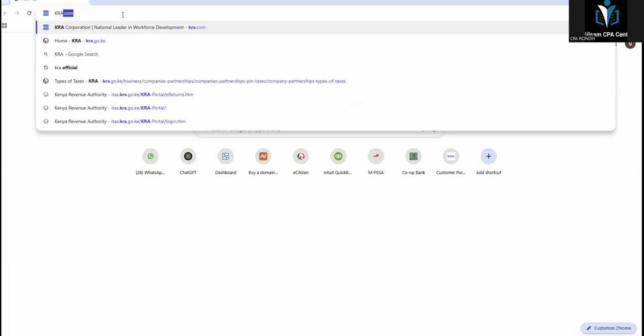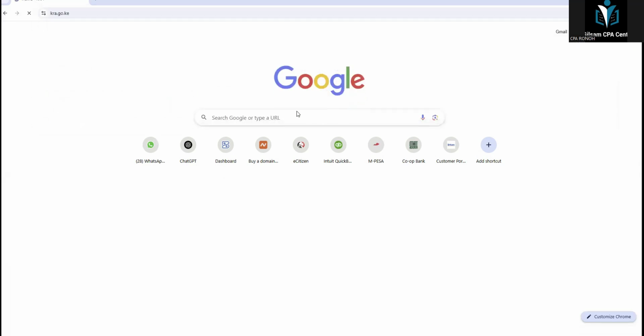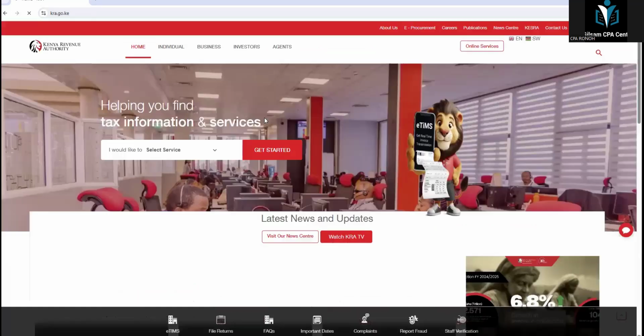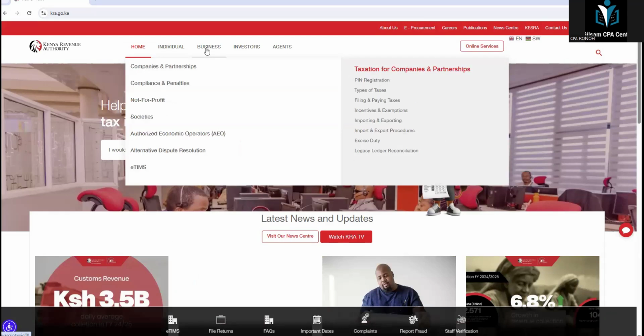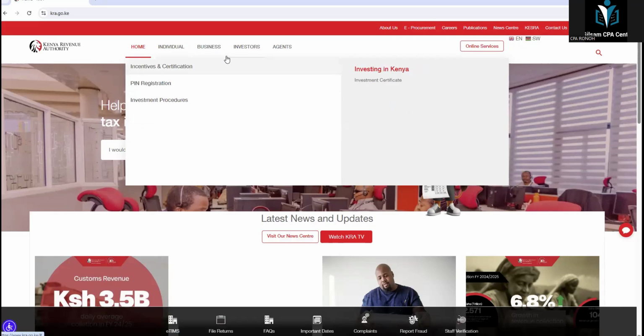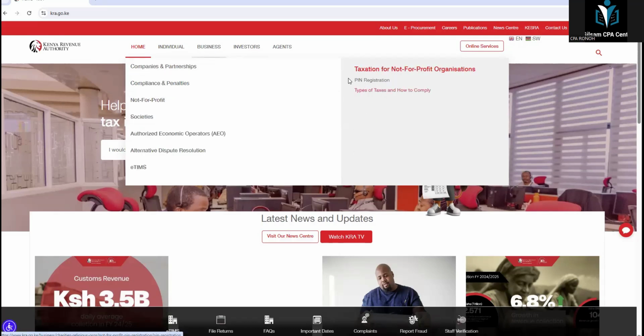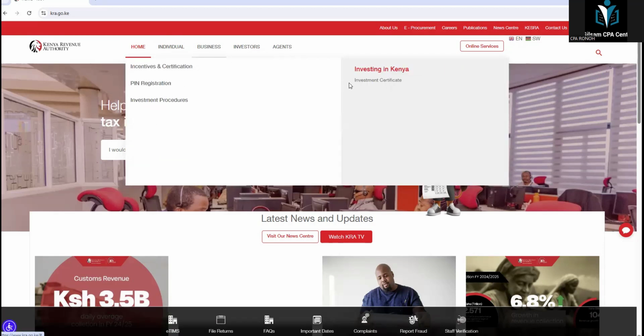So you can go to the KRA website homepage, and on the homepage, if you go to For Business, you can find all the taxes for the business. So if you go to business and then go to the types of taxes in business,